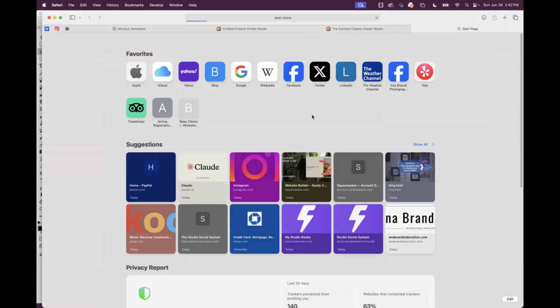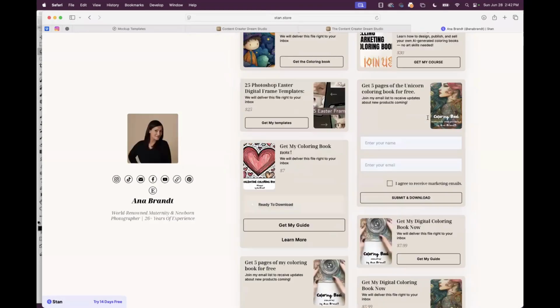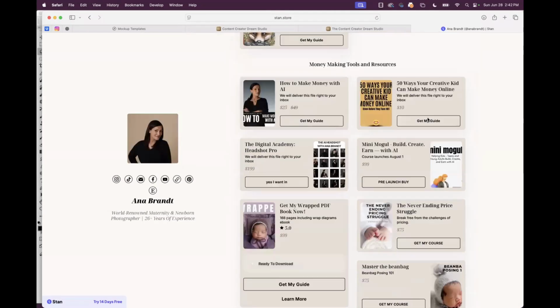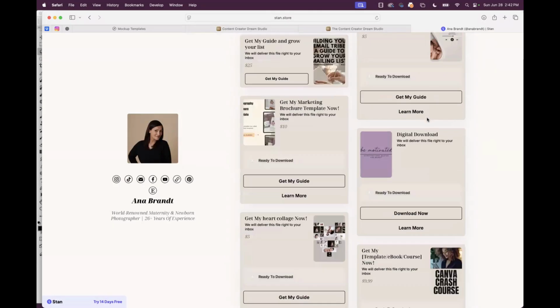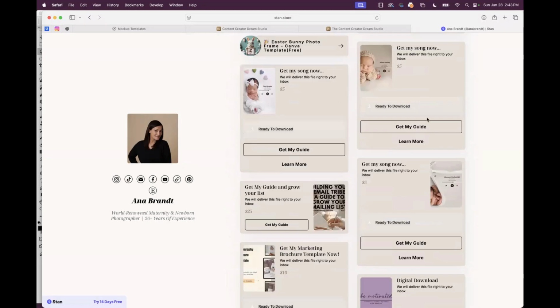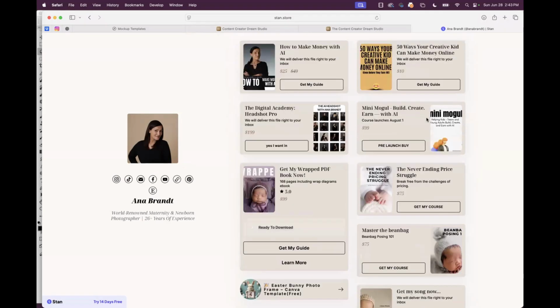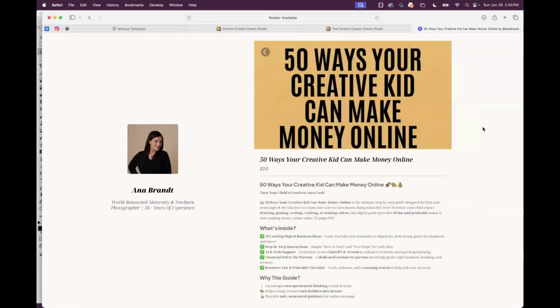A lot of you know my Stan store because I have a bunch of digitals, but what you may not realize, if you go down that, is I wrote a book for kids on how to make money using AI. And I did it basically over the phone, talking to my daughter, because she's like, Mom, I want to quit my photography job. My God, she wanted to quit her psychology job. She was getting ready to graduate.